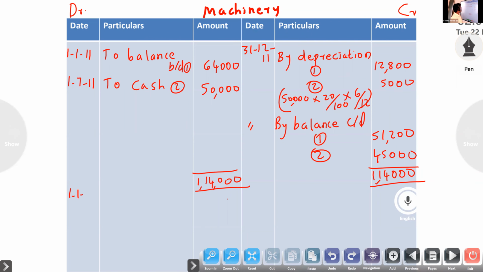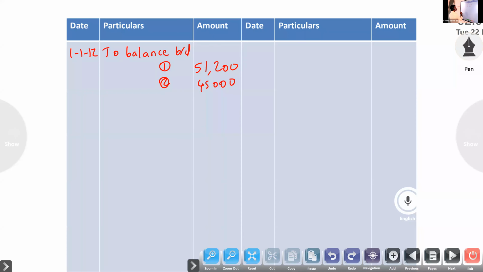On 1st July 2012, we sold the first machine. So 1st July 2012, we sold first machine, means 6 months we used that machinery. Second, we know that if any sale is there, then by cash, then profit or loss. Okay, then we will find closing date 31st December